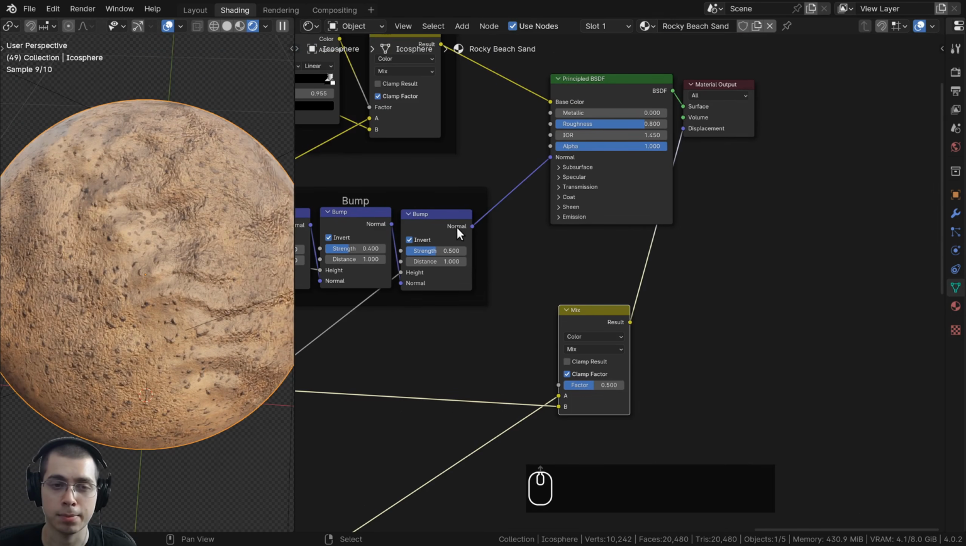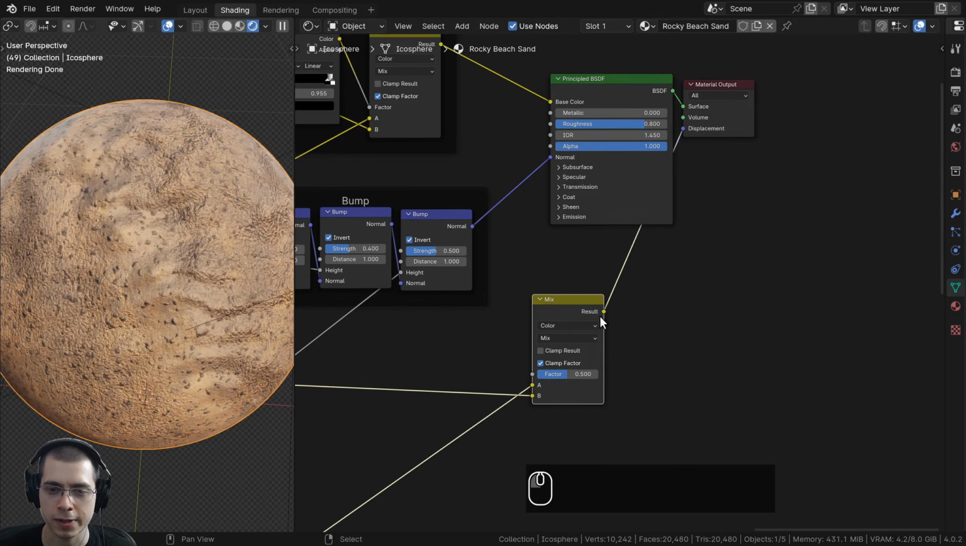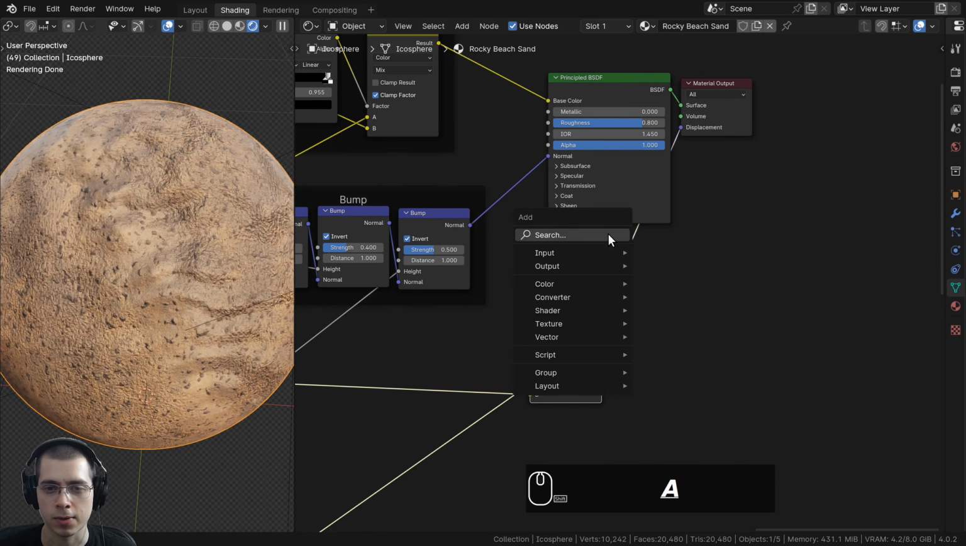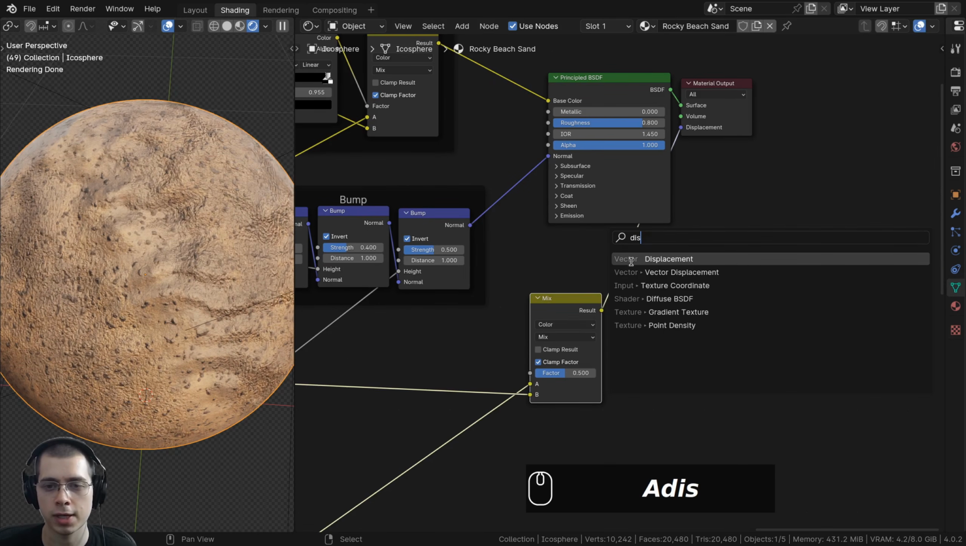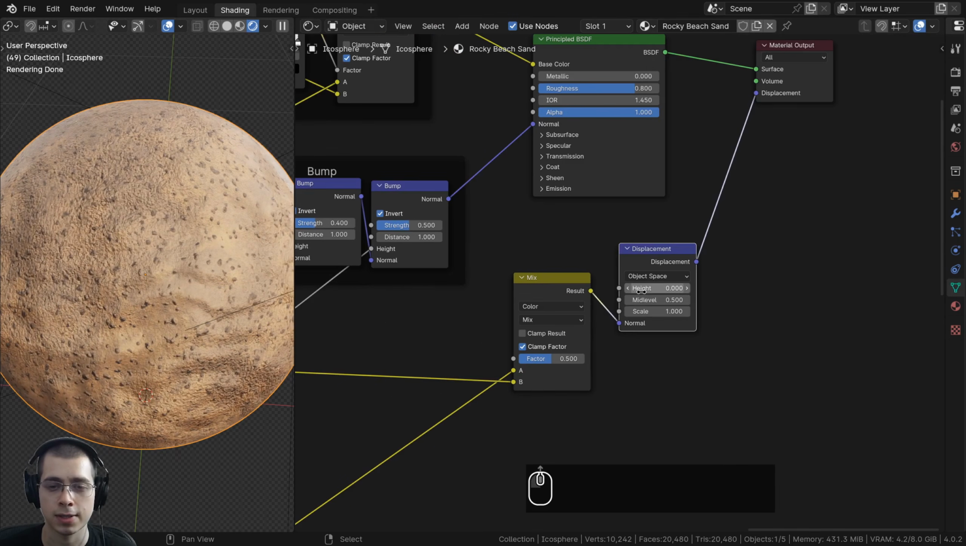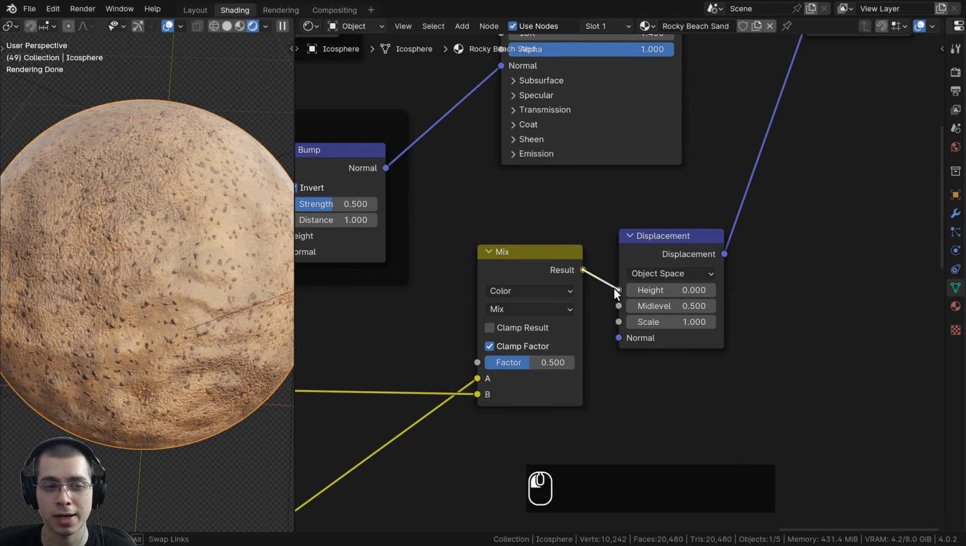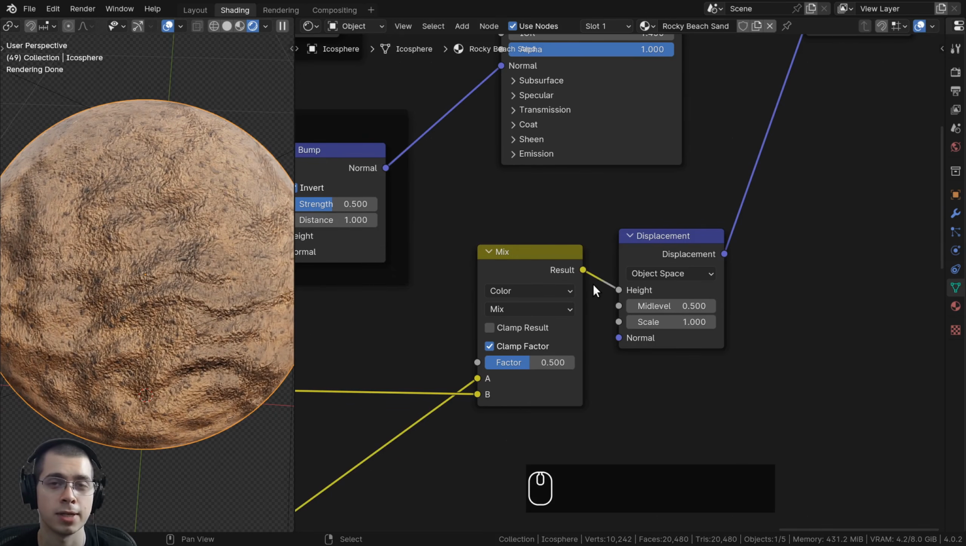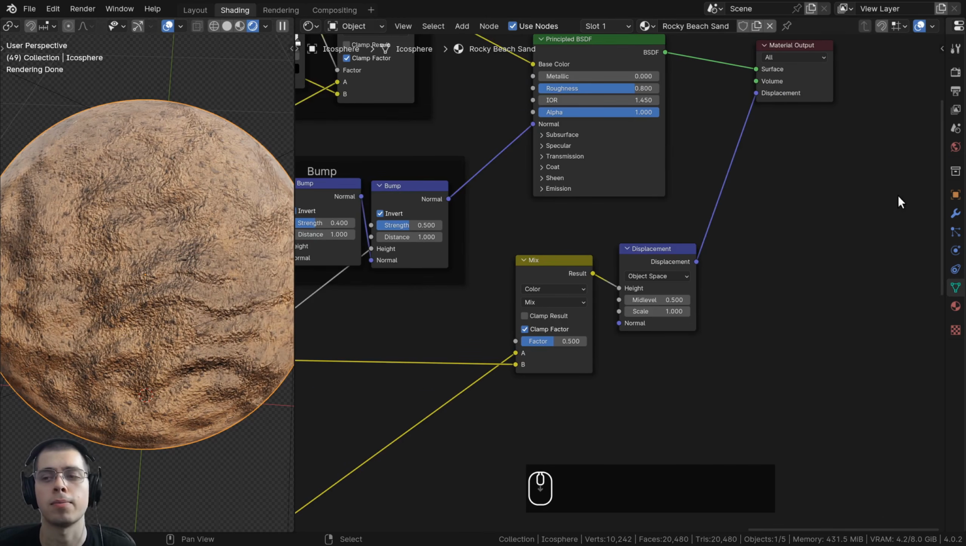Now we're running into the same problem as the normal here. So this is color data, but this is displacement data. So we need to convert this. So we'll go to the add menu and we're going to search for the displacement node and we'll stick this here in between the material output and the mix. And we actually want the mix result to be going into the height value to convert it to displacement data. Now you can see it does look more bumpy, but it's not actually popping out the mesh,